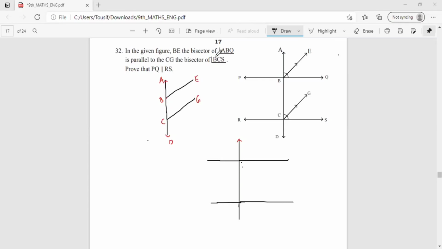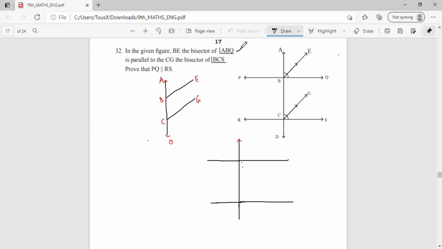Hello everyone. In this video we'll be solving a not too difficult but moderately difficult problem of the class 9 standard from the model question paper released by the Karnataka State Board. As you can see in the question, the figure is given and they are saying BE is the bisector